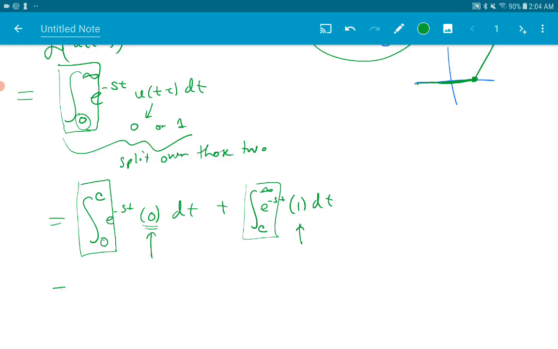Okay, so we just have to work out these two integrals. Well, it shouldn't be surprising what this one equals. Anything times 0 is 0. The integral of 0 is just 0. The area underneath the curve 0 is just 0. What about this integral? It's an easy one. It's just e to the negative st times 1. So that would be e to the negative st divided by negative s